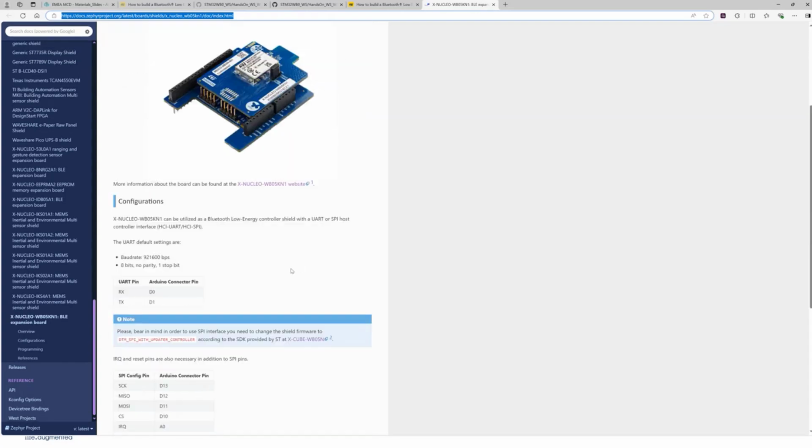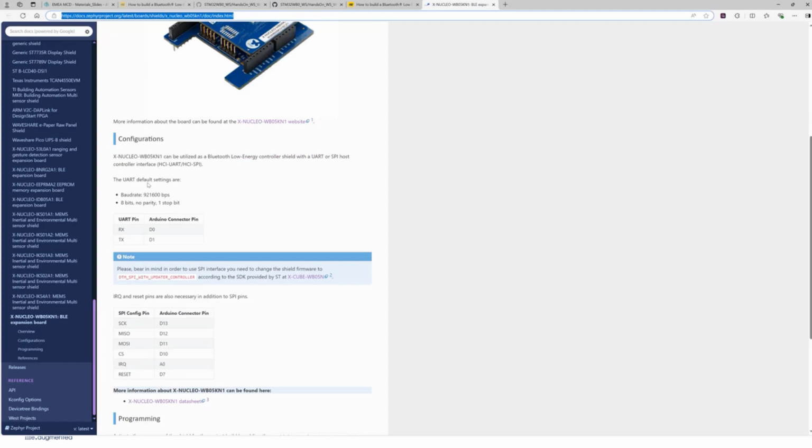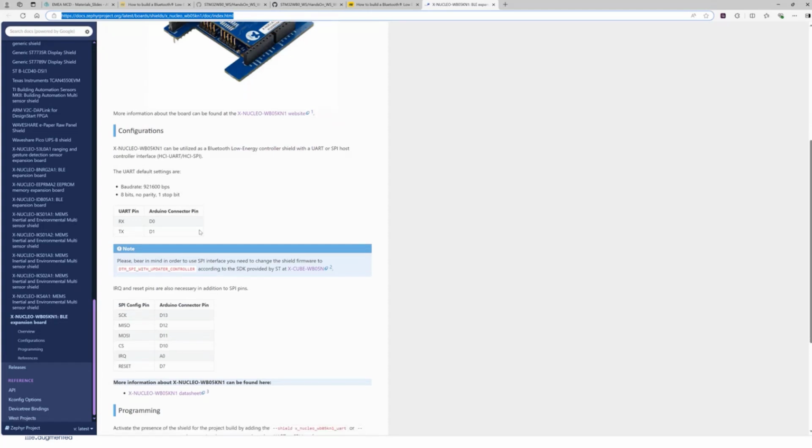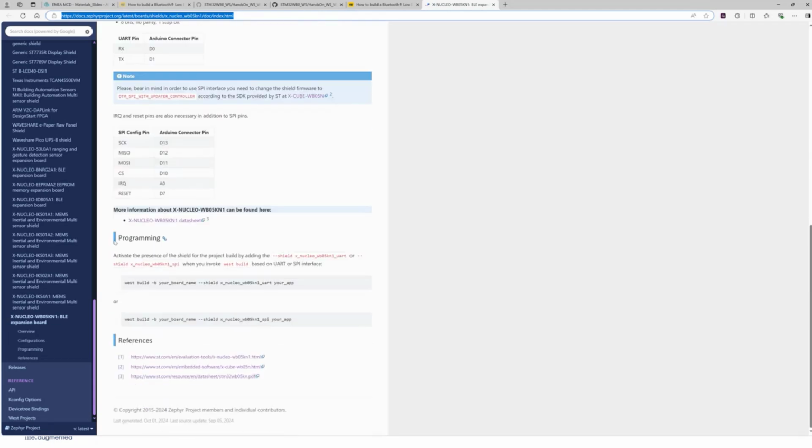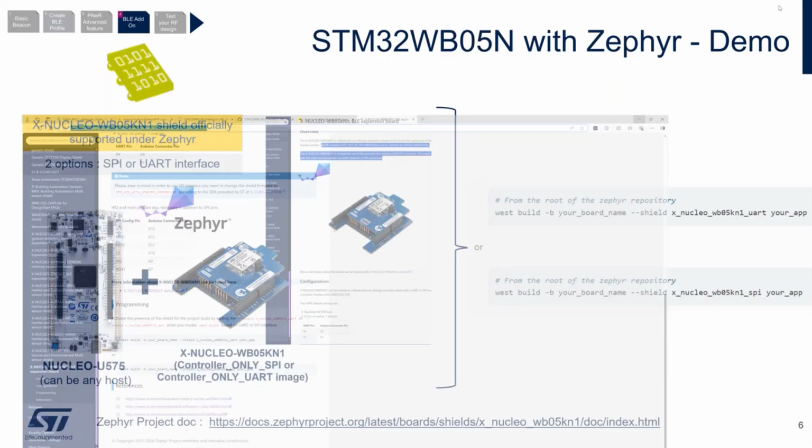So you will find in this documentation some information about the pinning, because we have two options, SPI or UART. And you also have information on how to program and use this board. So this is officially supported under Zephyr.